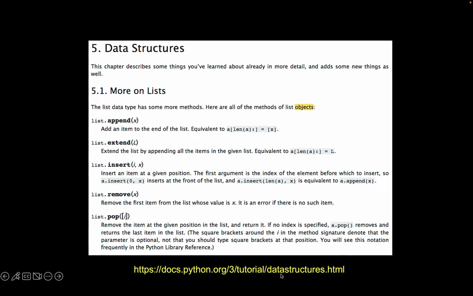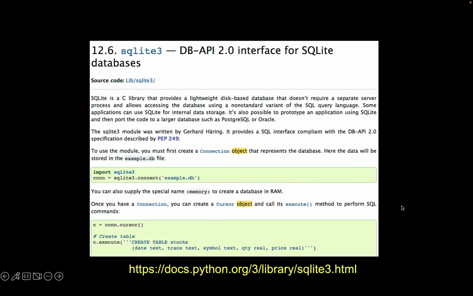And there's a link to, I guess this is the Python 3 tutorial on data structures, which includes lists, which is the most popular of the Python 3 data structures. We might also want to use